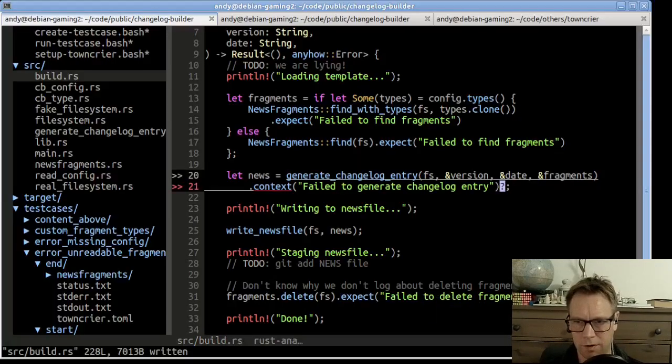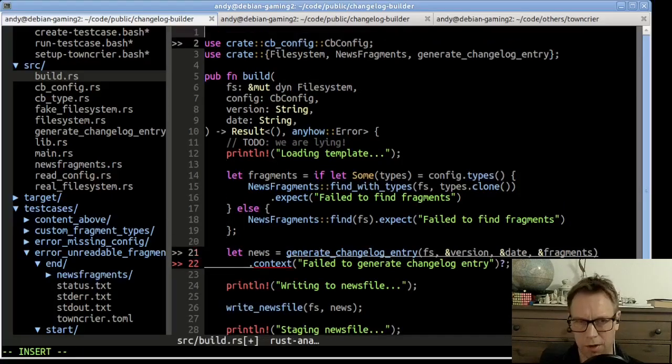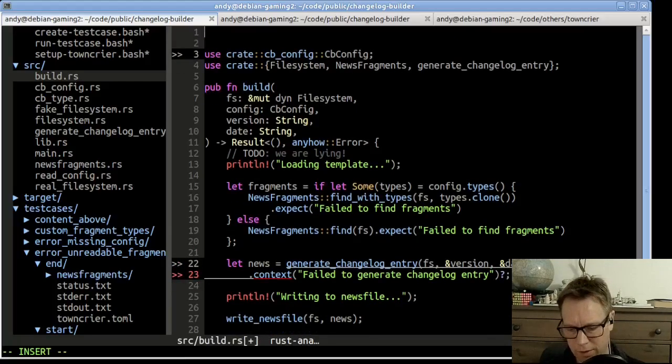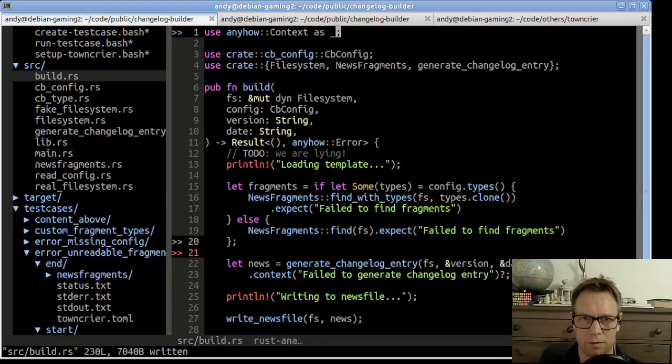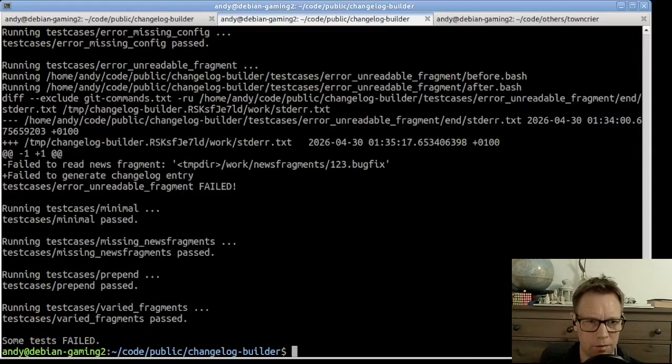So it's going to say failed to generate changelog entry. And it's not happy because we're returning anyhow error, but we're not using anyhow context yet. Use anyhow context as underscore. Right, so when we run it now,